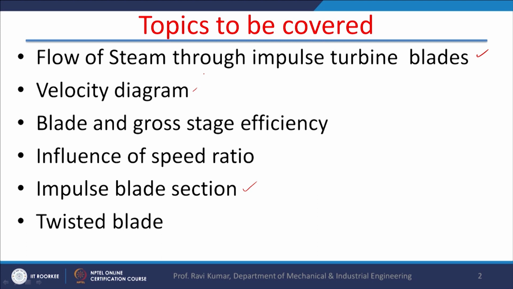Now, in a steam turbine, the power is developed, as all of us know, and all thermal power plants work on the Rankine cycle. If you draw the Rankine cycle on the temperature entropy diagram, the ideal Rankine cycle is going to be like this. Here the expansion of steam takes place in process 1 to 2, and 2 to 3 the condensation of steam takes place, 3 to 4 pumping or increasing the pressure of the working fluid, that is water, and 4 to 1 heating in the boiler.